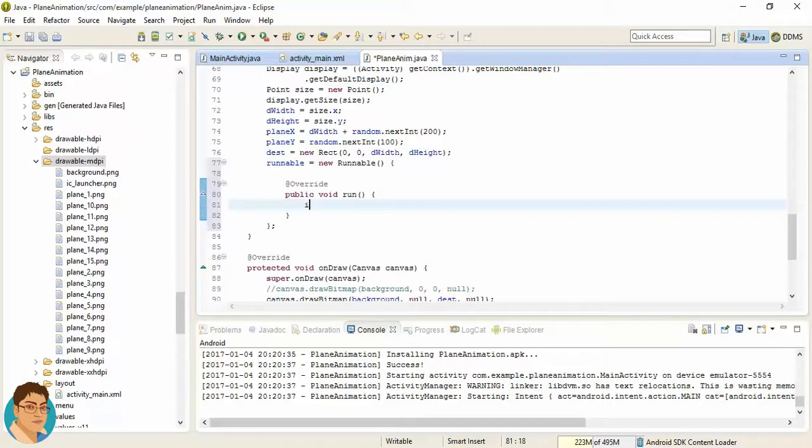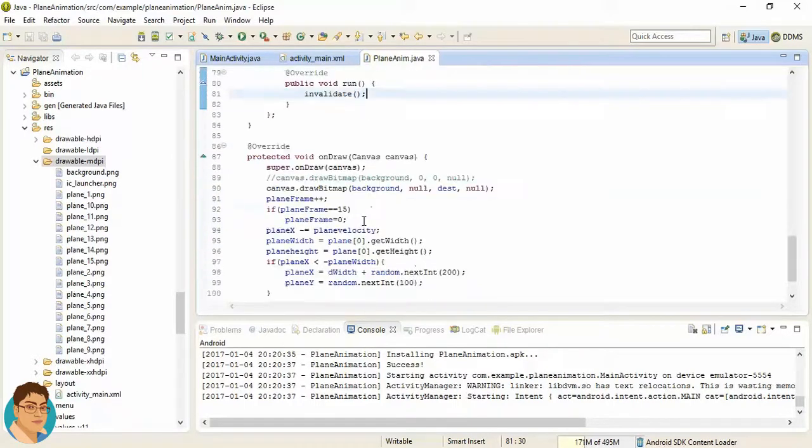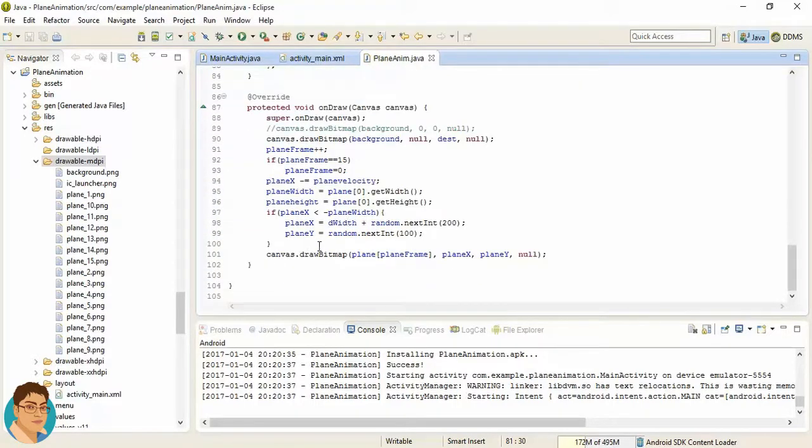And from here we can call the invalidate system defined method, which is going to call the onDraw method. Now inside the onDraw, the last statement should be handler dot